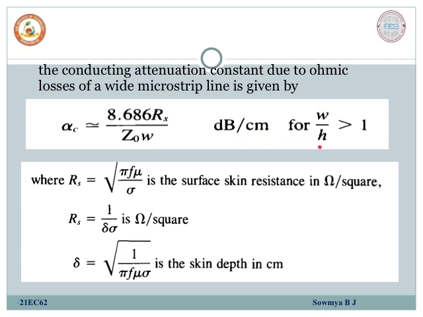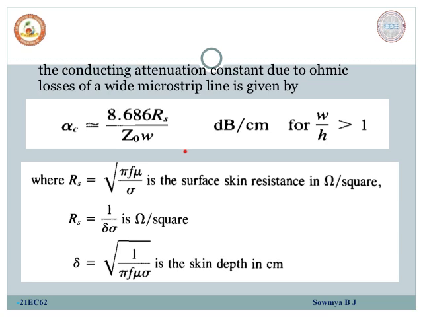This is for W by H greater than 1. Therefore, for a wide microstrip line, that is W by H greater than 1, alpha c is almost equal to 8.686 Rs divided by Z naught into W,